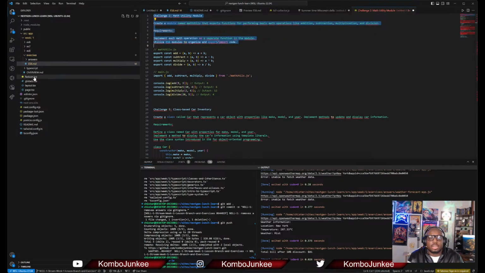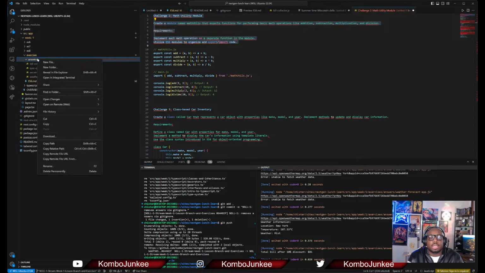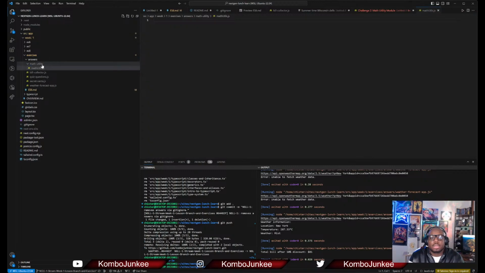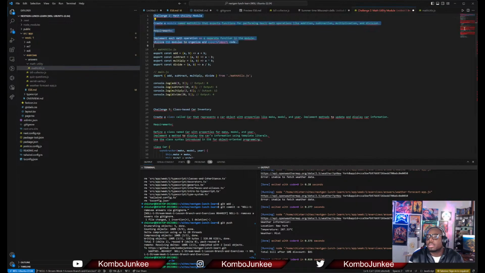All right, so this is the math utility module, which I've already solved. This is going to go into our answers directory. There's going to be a folder here called math utility, and in here there's going to be two files. One is going to be called mathUtils.js, and another is going to be called main.js.